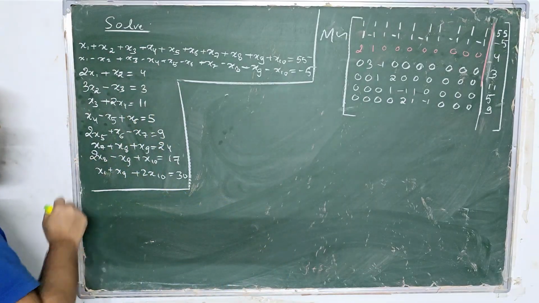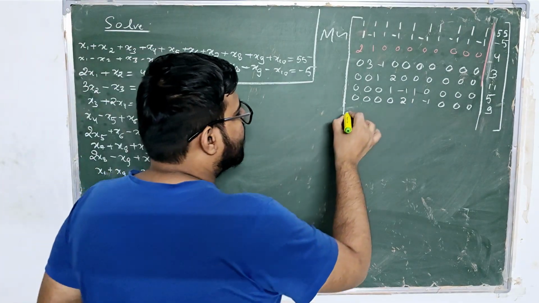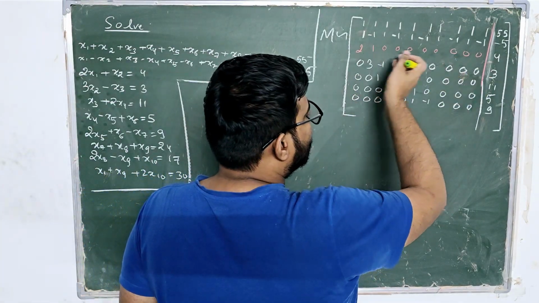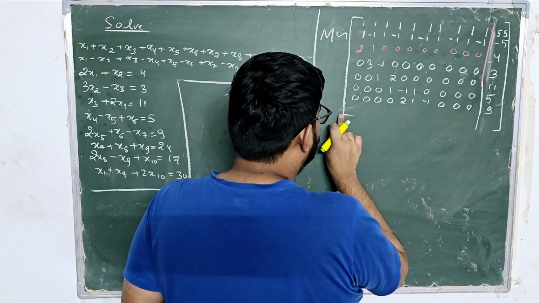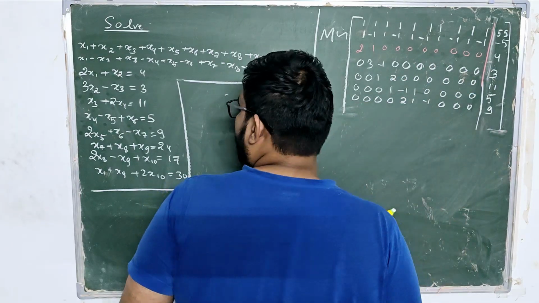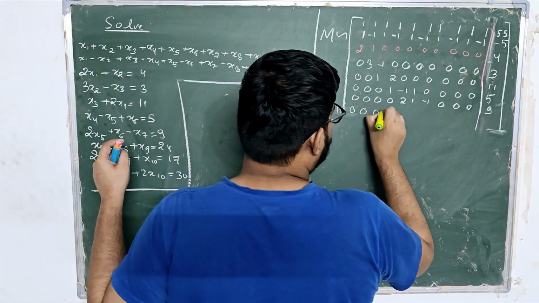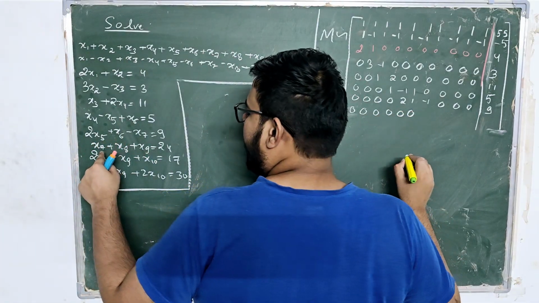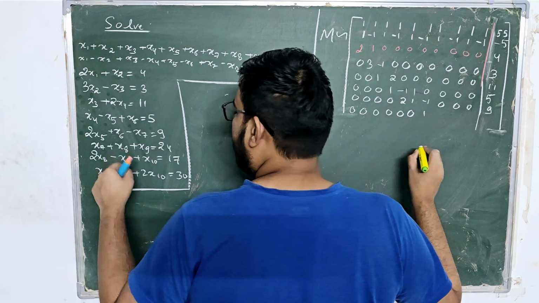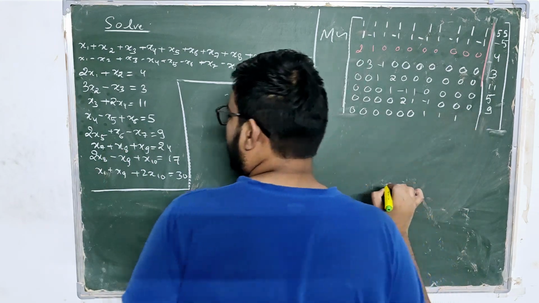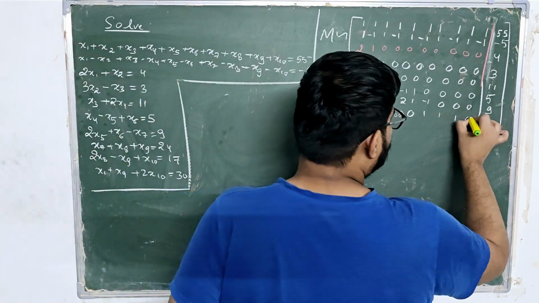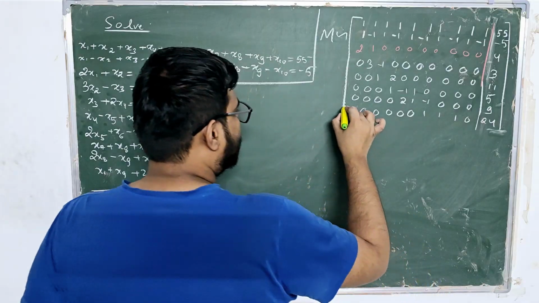Now we have this one, x7. I don't know why I've written it in a different color. Yeah, so x7, 1 2 3 4 5 6, x7 is 1, x8 is 1, this is also 1, and then 0, this will be 24, correct? Okay,